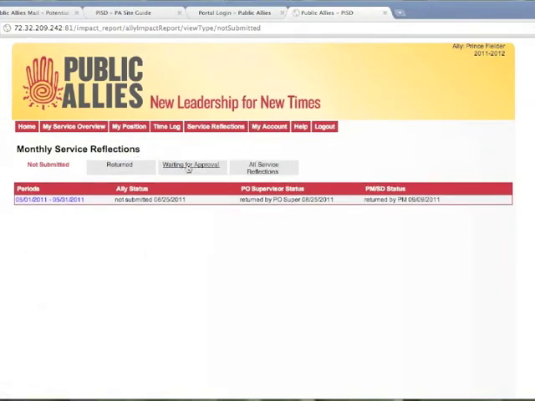And there's also these little tabs that you can click on. So in this case, you can see things that have been not submitted. The ally has not submitted this reflection, and you can click again on the pay period, or the month actually. It's more on the month right here. The period is from the 1st to the 31st. So if you click on that link,